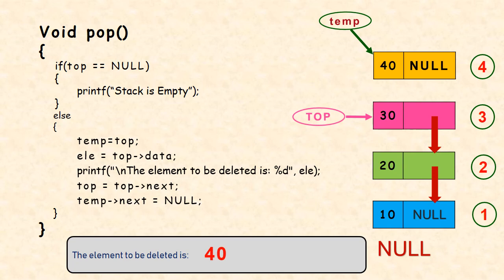Okay, so this is how we delete an element by running the pop function. If you want to delete more elements, you have to run the pop function repeatedly. And see, you cannot delete an element from the stack randomly. There is only one rule: if you want to delete an element from the stack, you have to delete the topmost element. You cannot delete the first element, or the middle element, as we discussed in the single linked list. You cannot delete a random element in the stack. From the stack, you can delete only the element which is on the top.